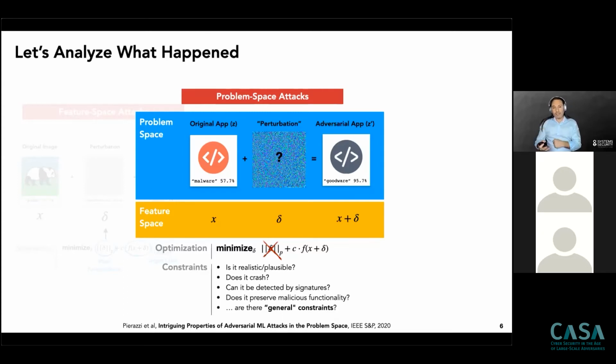Does it preserve the semantics that the original piece of software wanted to achieve? And so forth and so on. So can we come up with some general constraints that actually are valid in this problem space? So the moment that we stop reasoning just about numbers in the feature space, and we start reasoning about the implication that we have in the real world, in software or in other domains that are representative of problem space